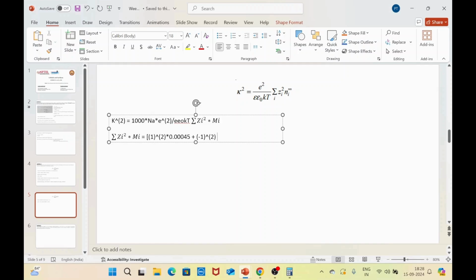This is for your Cl minus ions times the same concentration, 0.004545,